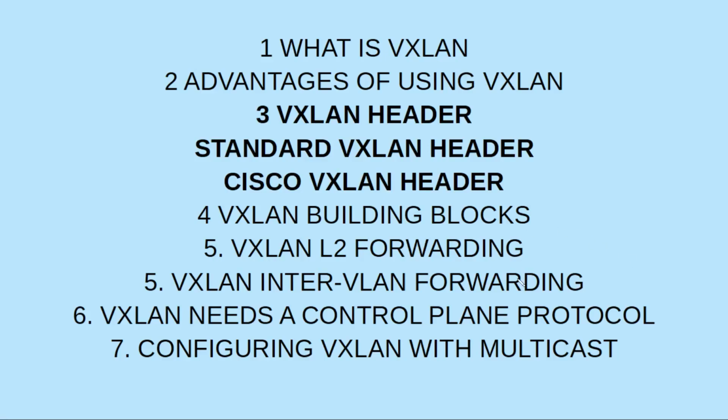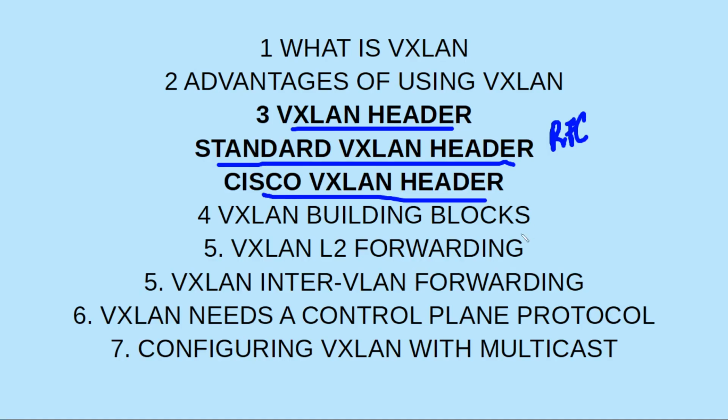In this session, we're going to talk about the VXLAN header. We actually have two versions out there. We have the standard original VXLAN header as defined in the original VXLAN RFC, and we have the Cisco modified version. This is published in what is known as the VXLAN Group Policy